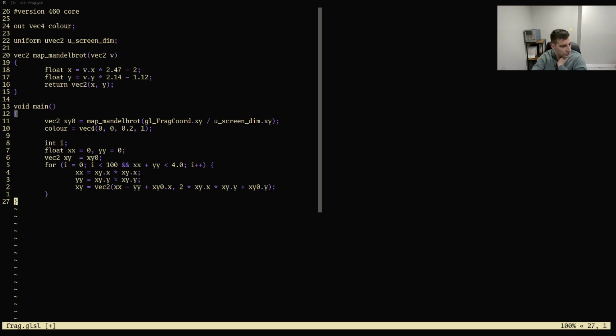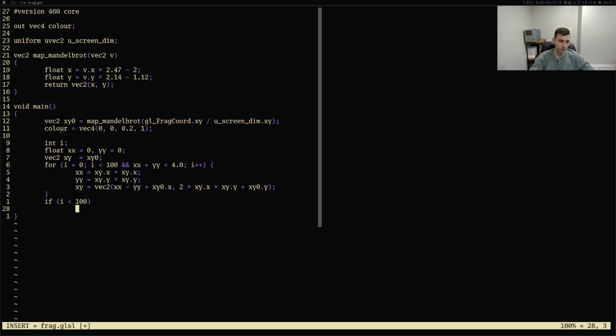But first, if we have just used up all the iterations, then we assume that it's in the Mandelbrot set. If we have not used up all the iterations, it is not in the Mandelbrot set, and we want to color that pixel. So if i is less than 100,